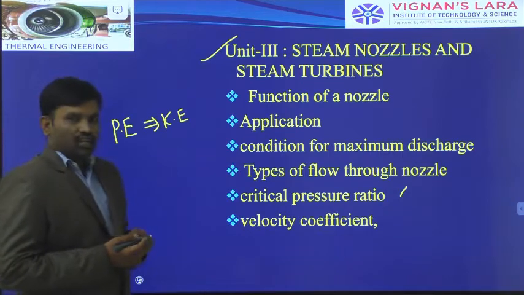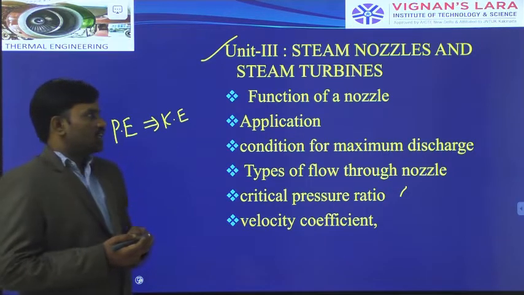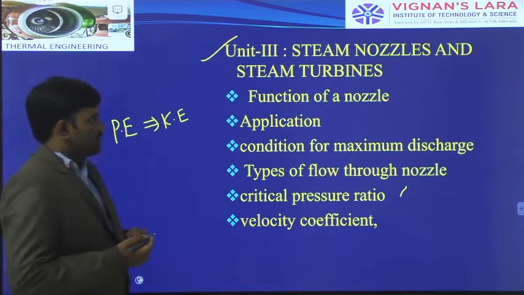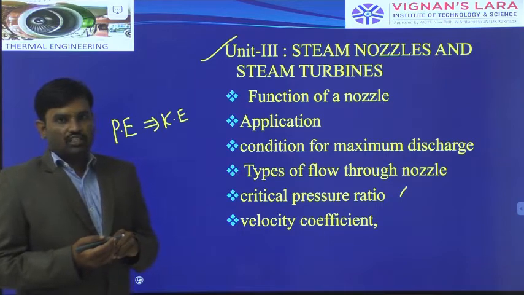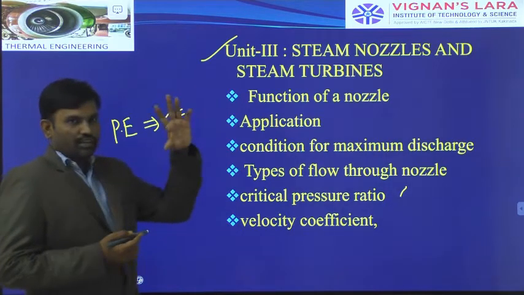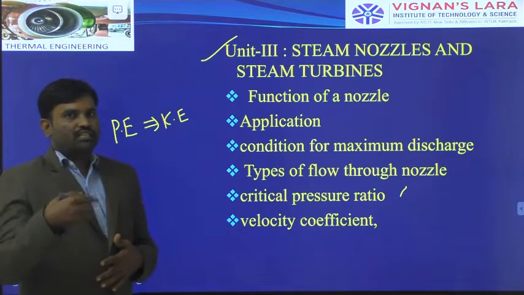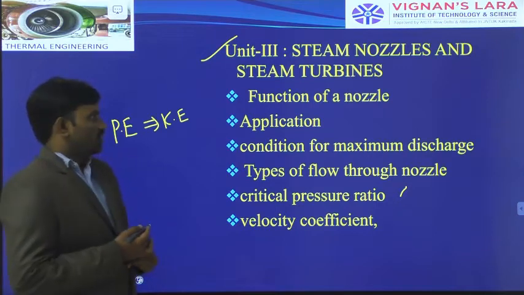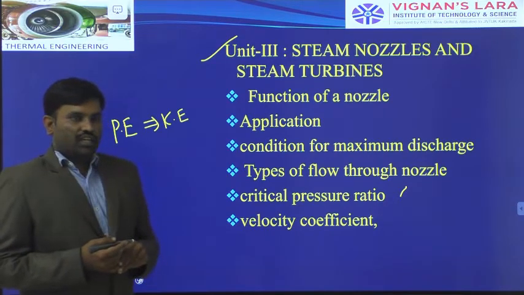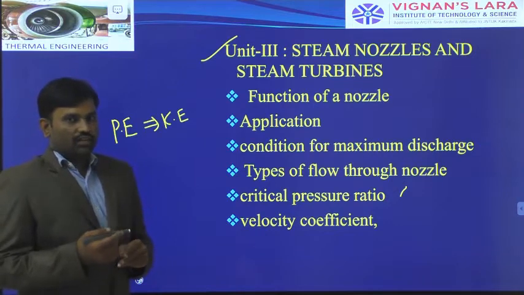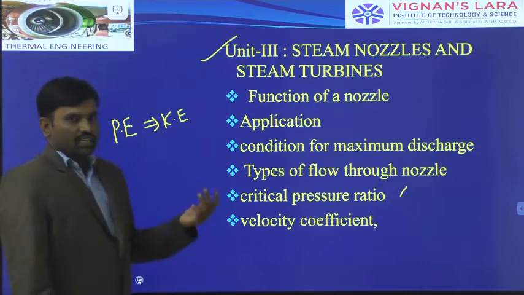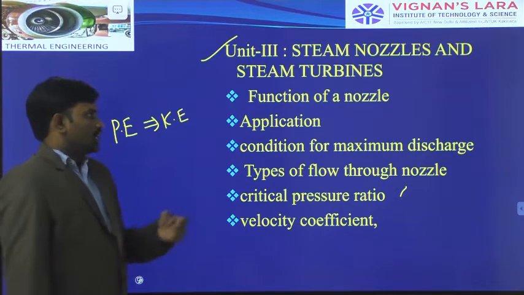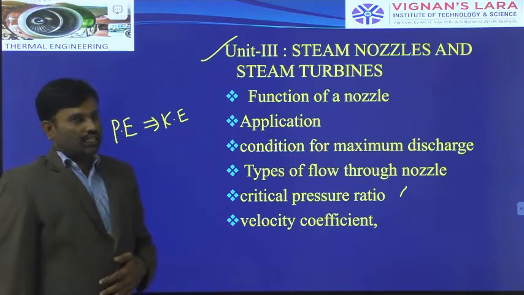The turbine consists of blades, and the high velocity steam strikes the blades of the steam turbine. Because of the striking of high velocity steam on the blades, the turbine wheel rotates very fast on the turbine shaft. From the shaft we receive the power output from the turbine. Later we use that power output in our application, either for power generation or for other applications. In a steam power plant, we connect that turbine shaft to the generator section.